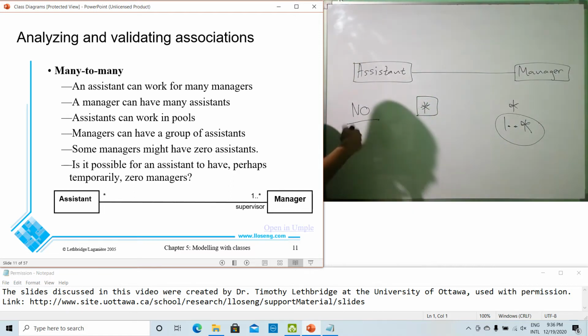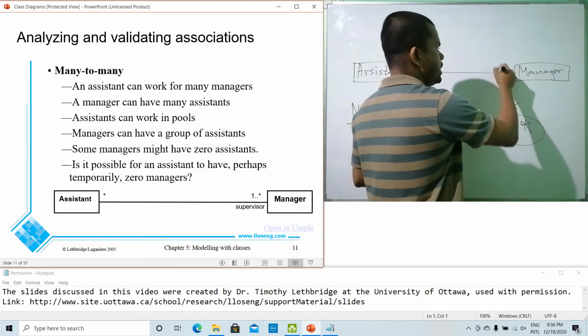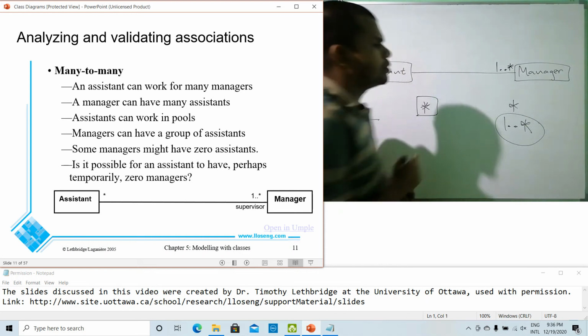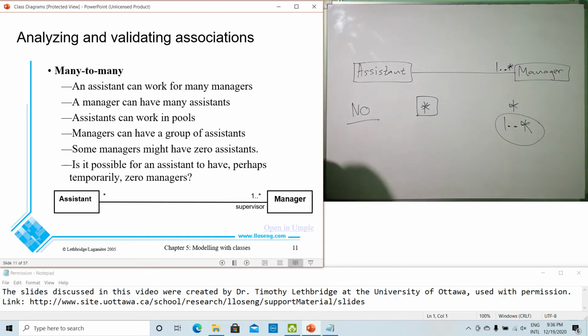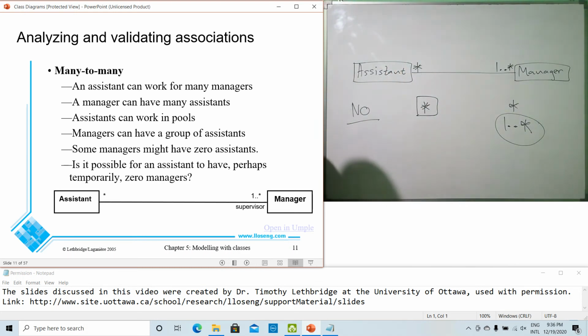If not, it should not be 0; it should be 1 or more. And now here we can put many assistants,